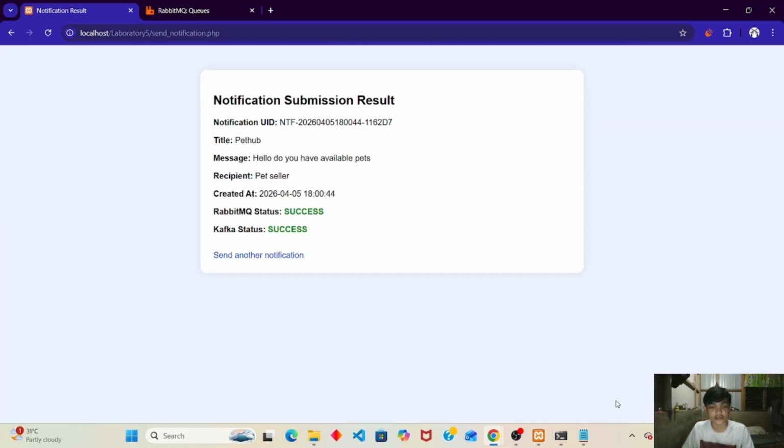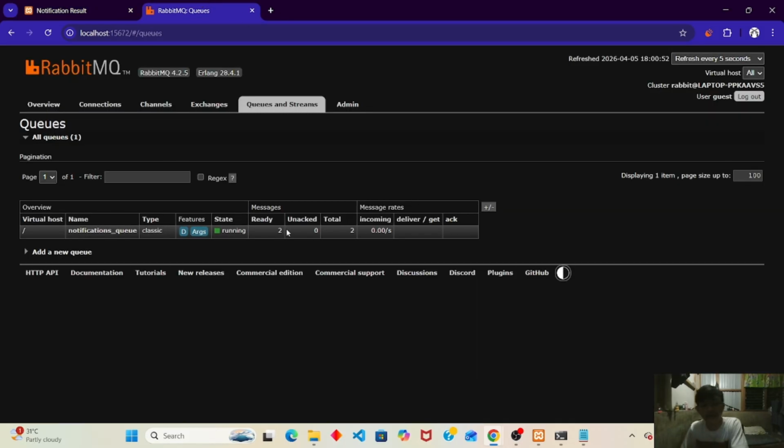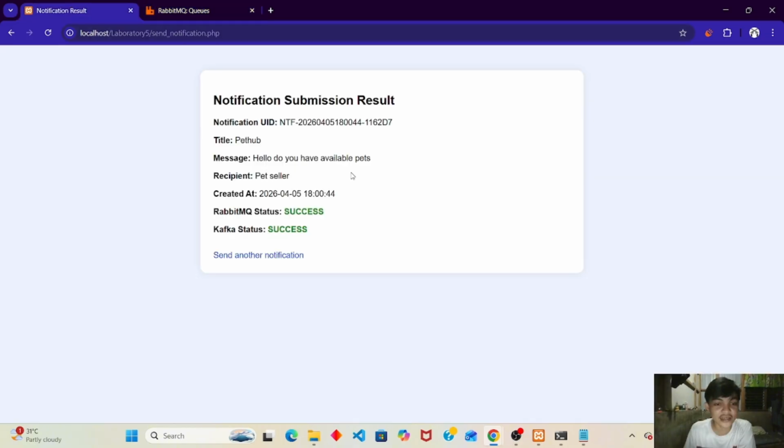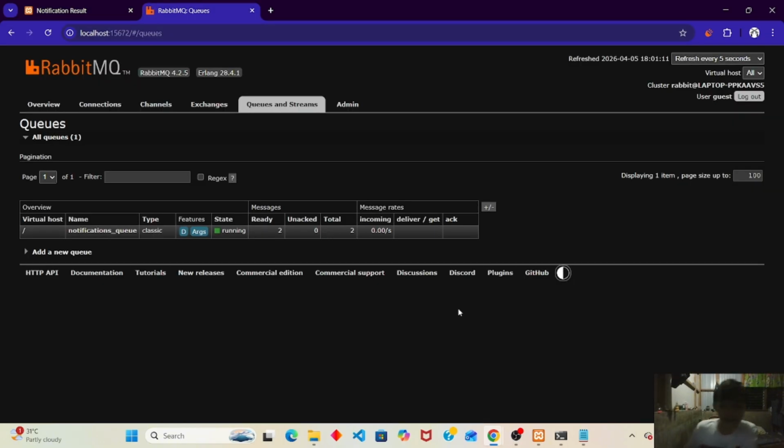Okay, send notification. It says here notification submission result: RabbitMQ status success and Kafka status success. As you can see here, our ready queue was earlier only one, because it's my failed transaction that I used earlier, so I did not record it. Today it's now two, since I sent one.